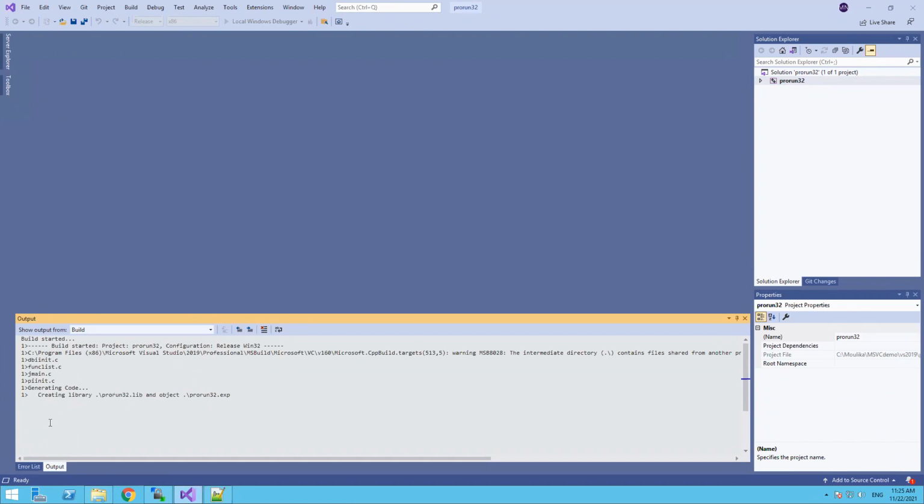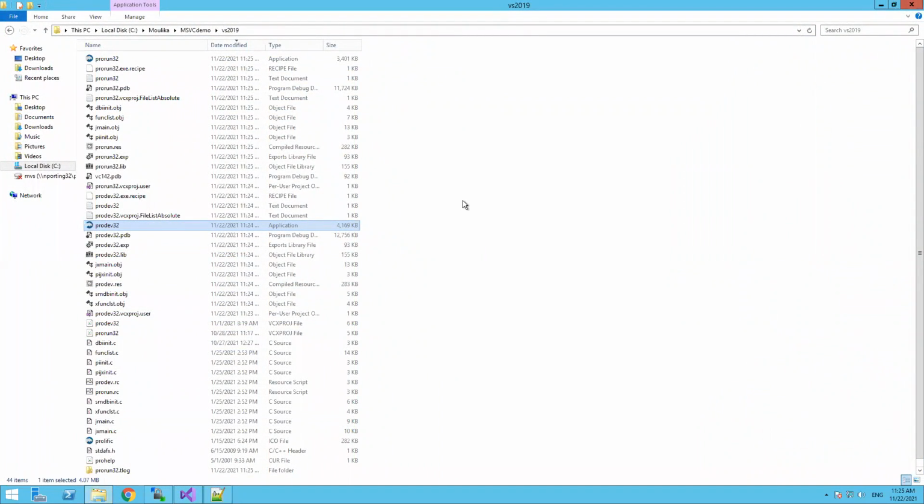Here you can notice the message that the build was successful, and I should have got the ProRun. Yeah, here is the application. So this is how I can build the ProDev and ProRun using my project files using the Microsoft Visual Studio 2019 IDE.